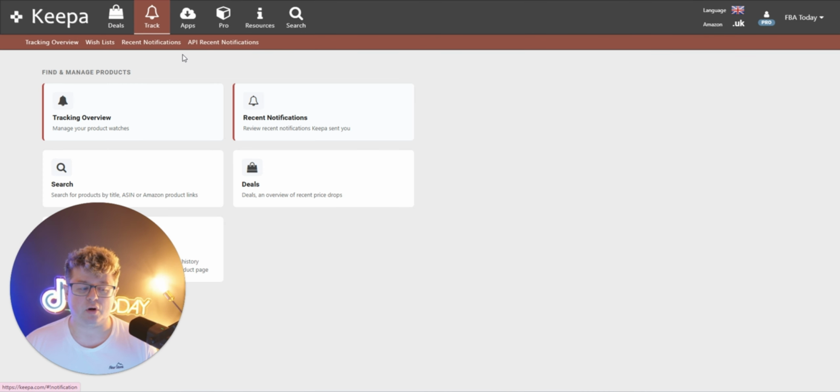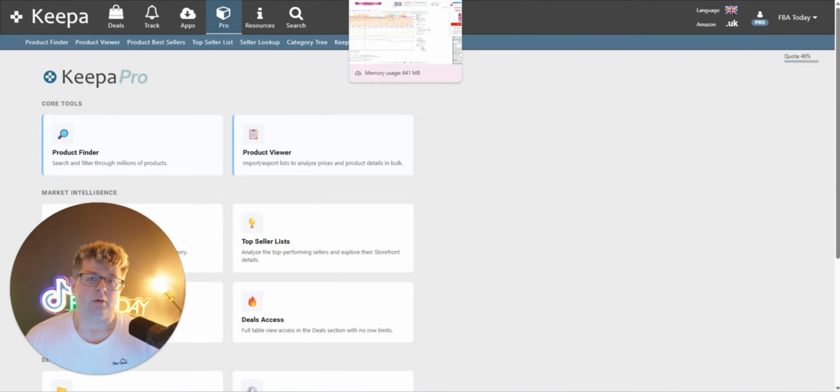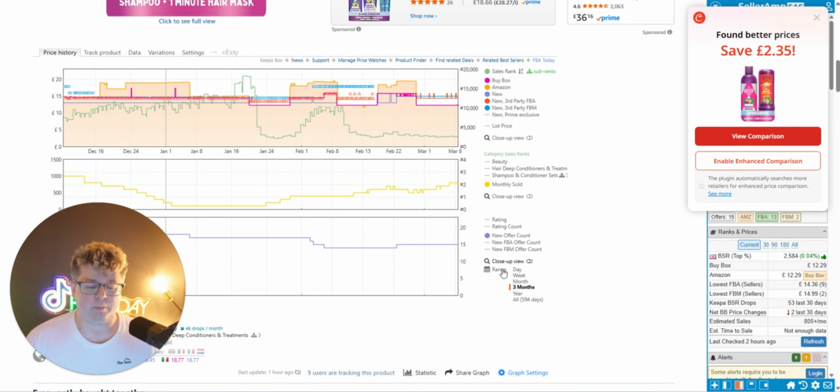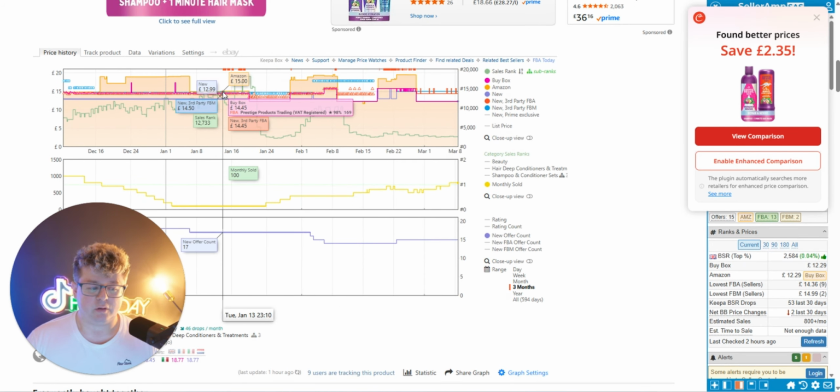We could track products, so if there was a pricing drop, you'll be able to track that on Amazon. And you'll be using the product finder where you can implement filters to find a set type of product you're trying to find on Amazon. But the most important thing is you'd be able to get this sort of chart on your Amazon listing. When you are sourcing products, you'll be able to look back at the year, the lifetime, you'll be able to see who's been on the buy box, and it just is one of the next softwares you definitely need to